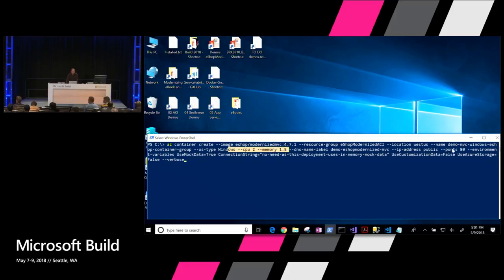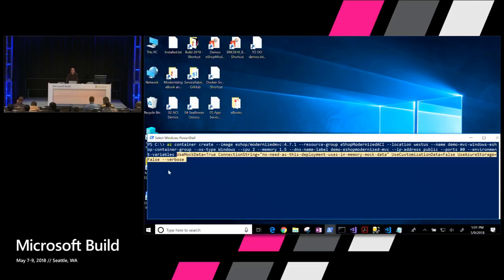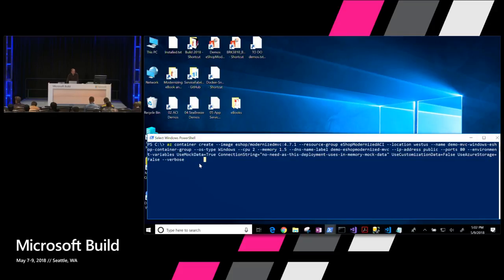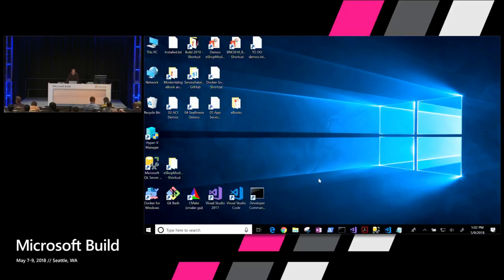And then environment variables. This is depending on your application, like use mock data true, connection string, or use customization data if you want to load data from files. This is related to my application. And with that, you just hit enter, and it will be deployed. I can do it from here. And while it is doing that,